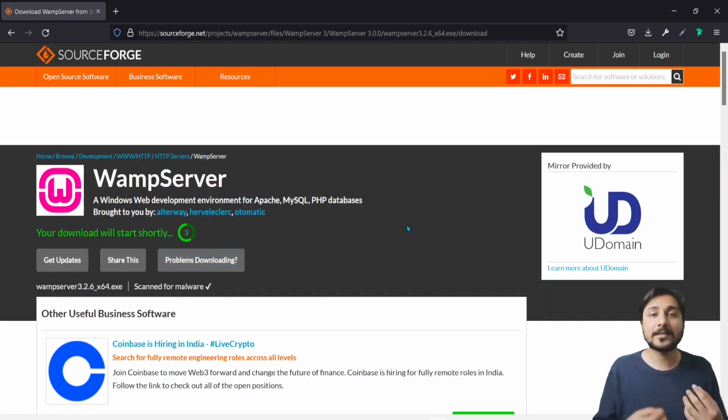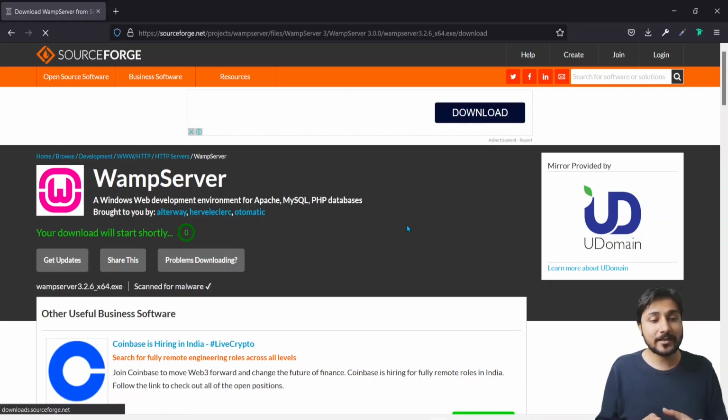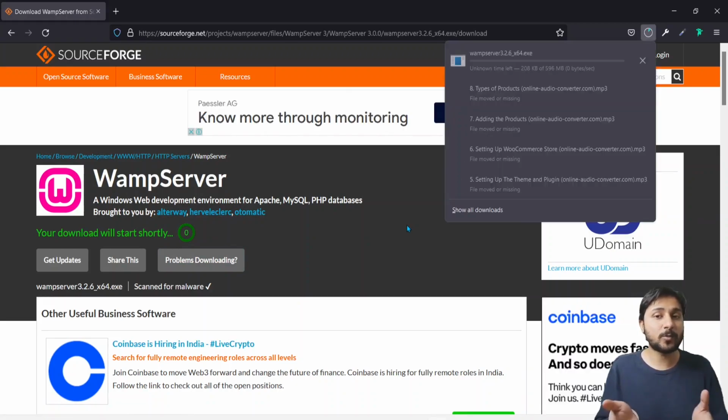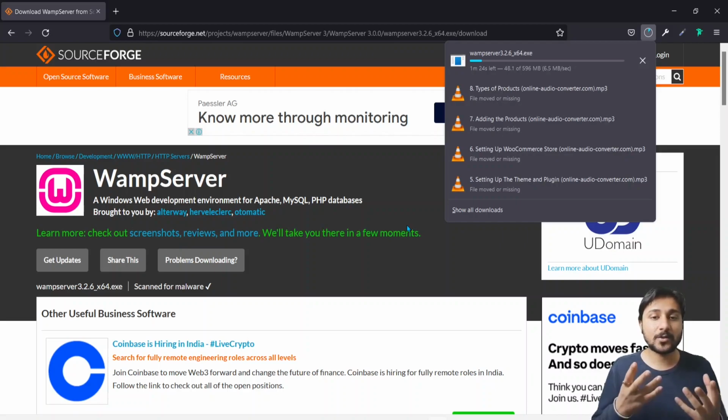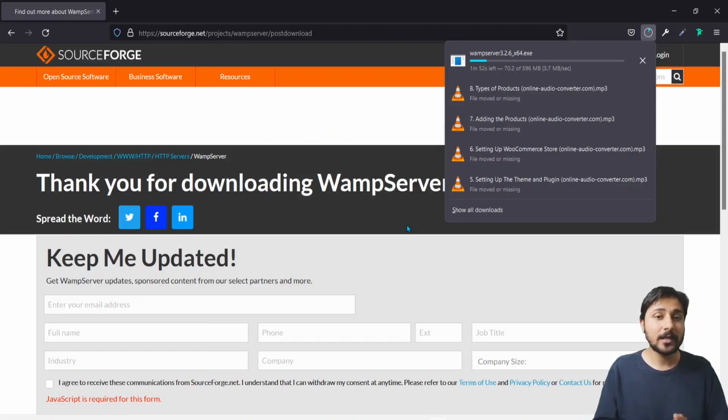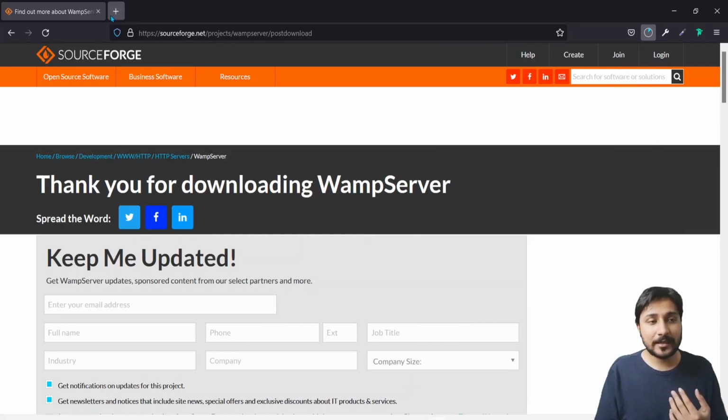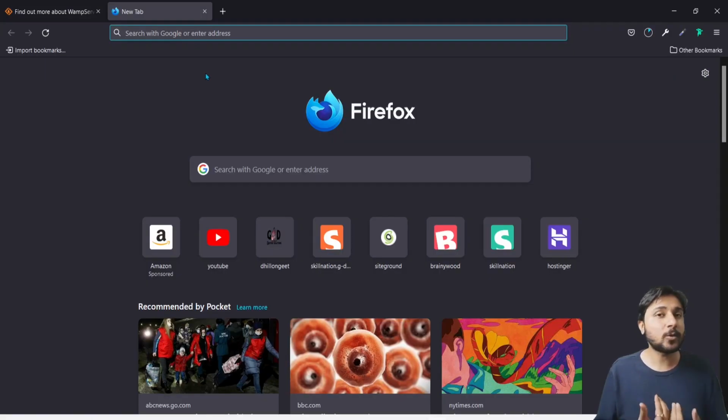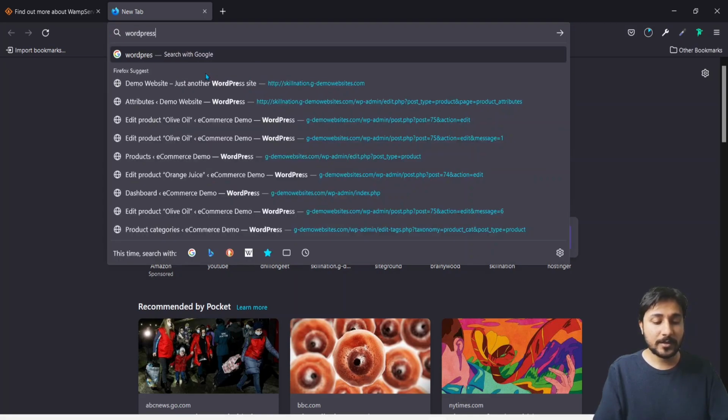Over here you can see it will take a little bit of time, and once that's done the download part would start. It will take some time because it is like a big file, depending upon your internet speed. So once this is done, then you can go ahead and we're going to talk about downloading the WordPress as well, right? So alongside, let's just let it be, and alongside for downloading the WordPress, all you need to do is search for WordPress download,